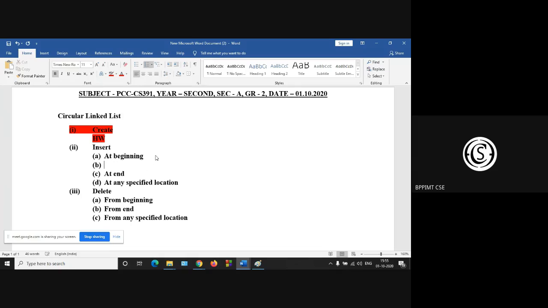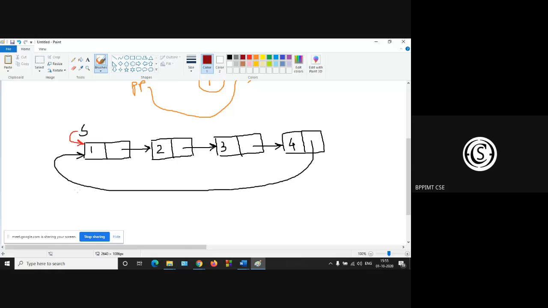So insert at beginning. First of all, this is the list 1, 2, 3, 4, a circular linked list. Let there be another node, 5.